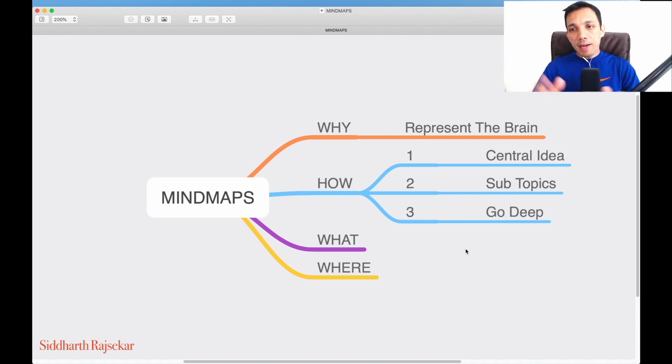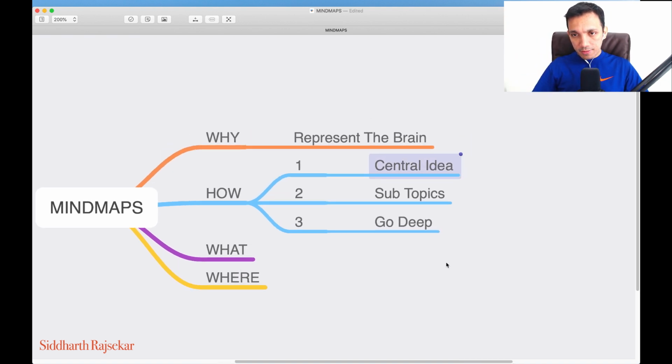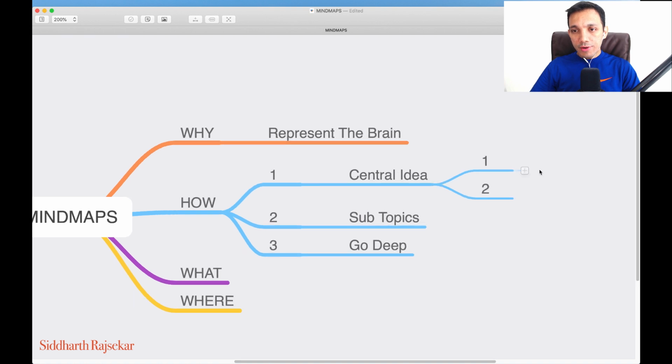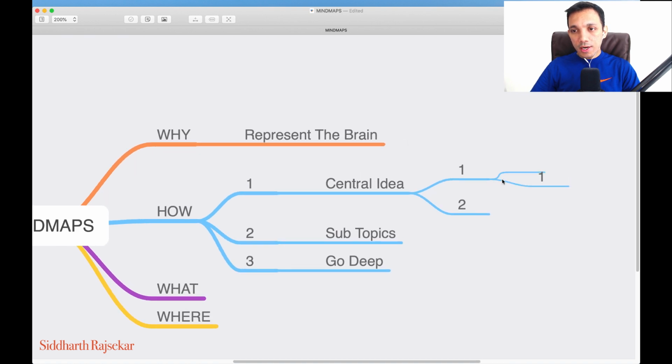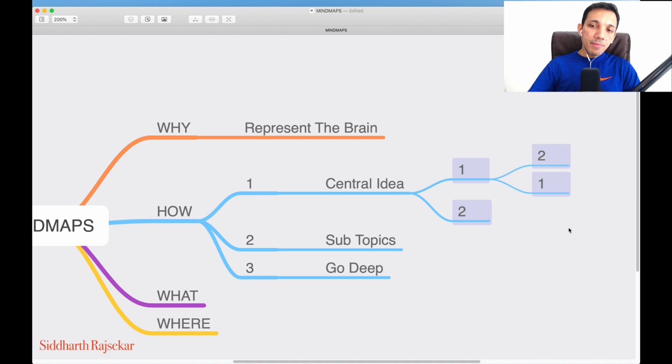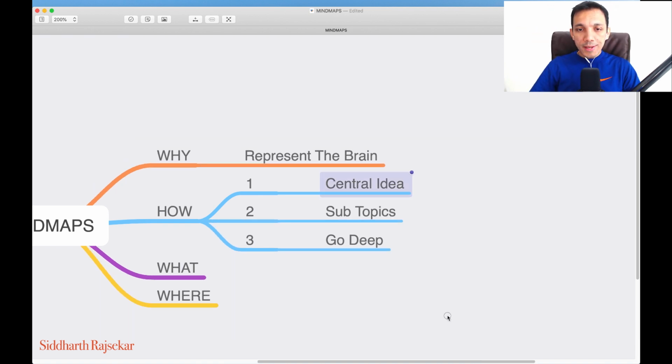That's pretty much how I use mind maps. And usually when I do training videos like this, I don't go too deep. I don't build like 3-4 layers in, but if I want, I can go deeper into this. If it's a central idea, I can share something inside this idea 1 and idea 2, and if I want, I can go even deeper into this and another idea 1, idea 2. So you can go deeper and deeper onto each, to really bring out all your